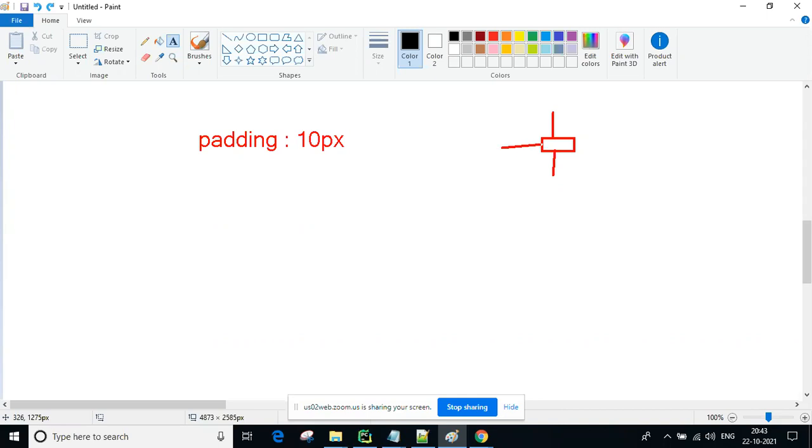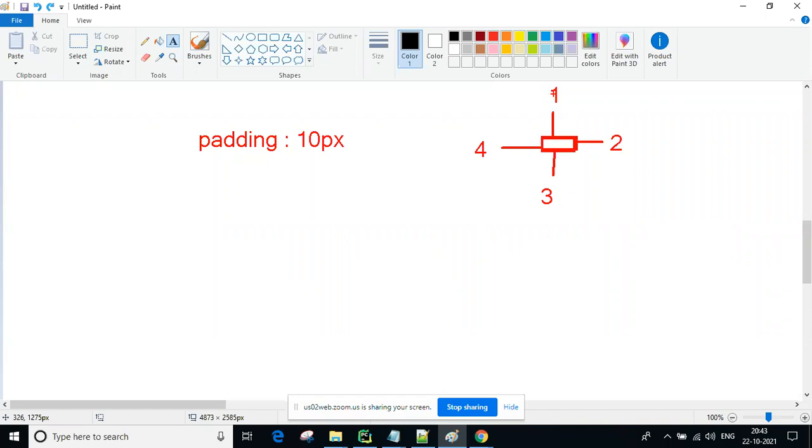Carefully observe, guys. This is common for 3-4 variations. Padding, margin, borders, all are the same structure. So starting from one, this is the one. Okay, and this is the two, and this is the three. Okay, and this is the four. So your content is here.